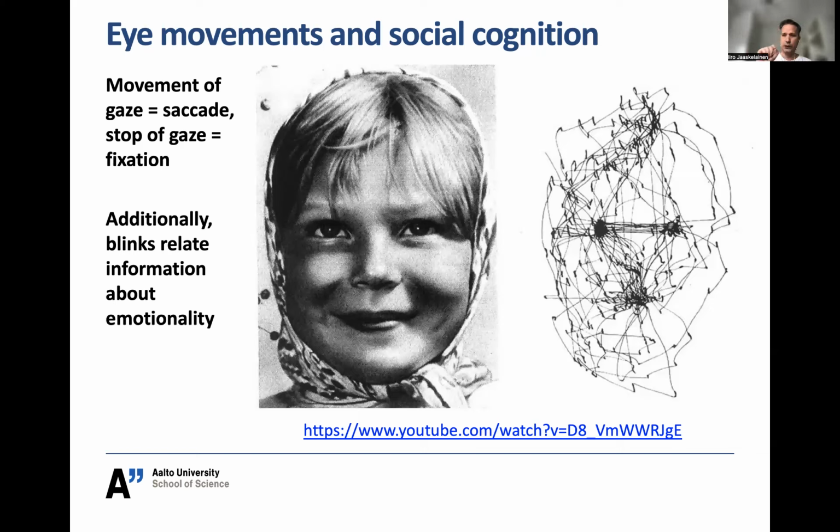And this is where we have this information about social signals of others. What kind of intentions do they have? Where do they look? Gaze direction is already something that tells a lot about the intentions of another person. Also, emotionality, these muscles in the face, smiling, frowning, and so on. This tells subtle signals about the emotionality of the person, and this is what we